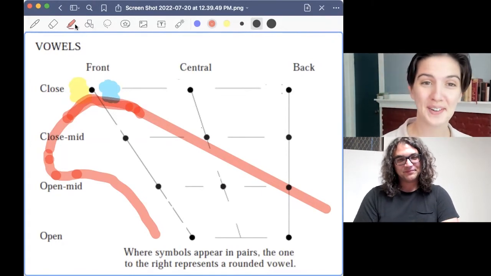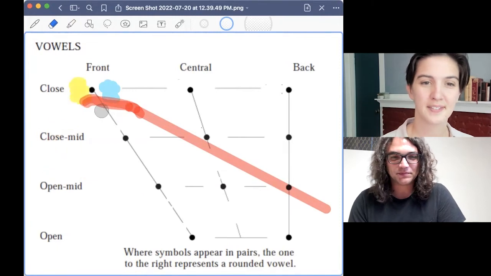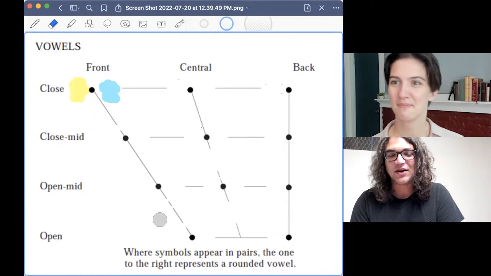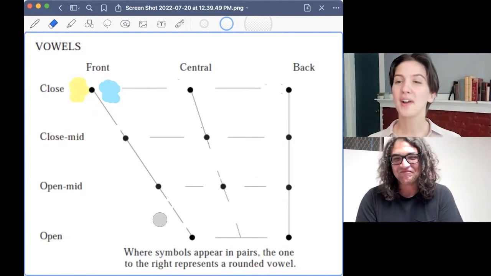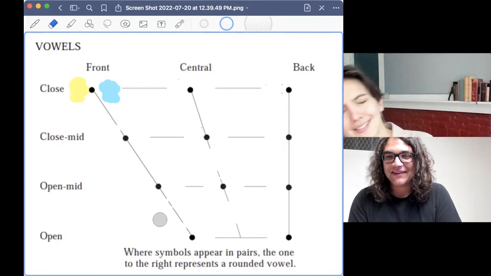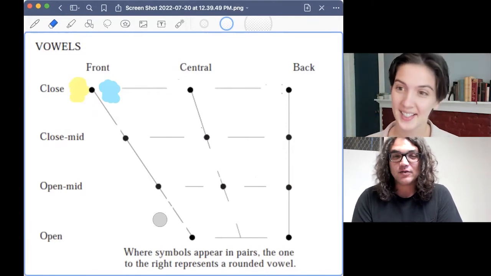Cool. Here we are. We've done it. Should we do some more? Let's do some more. That pair was quite a lot of fun. Where in the quadrilateral would you like to go next? Well, why don't we stay close,